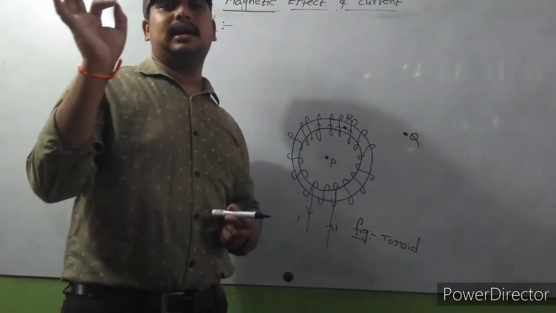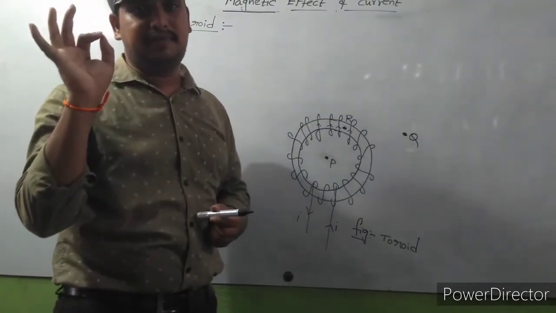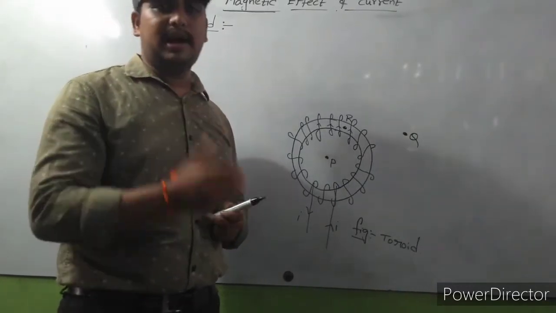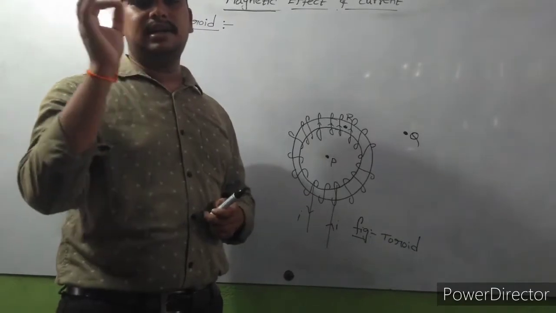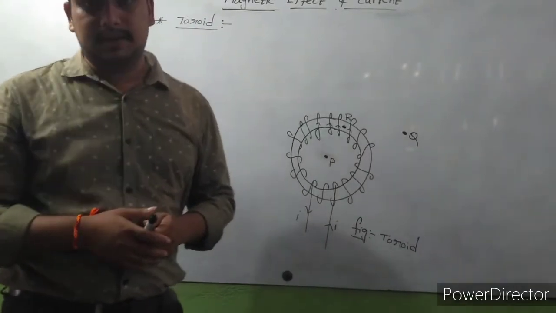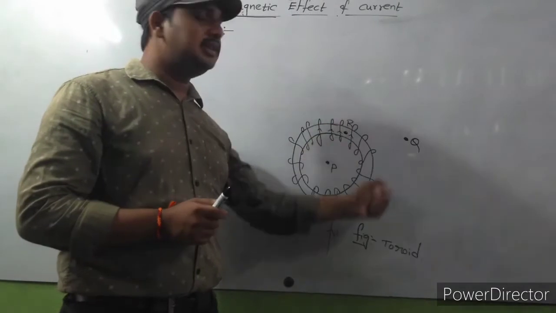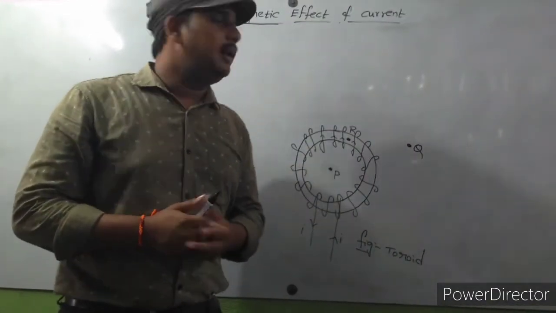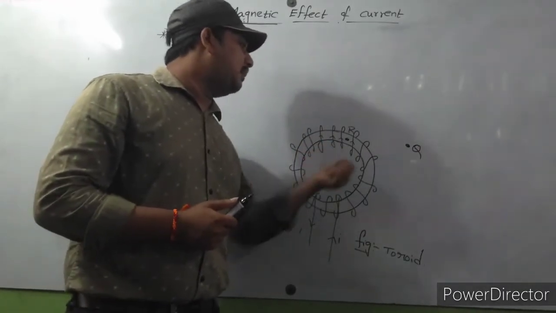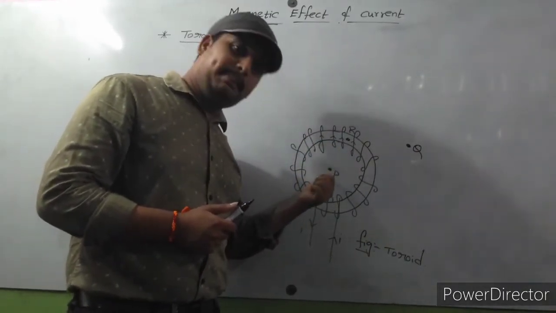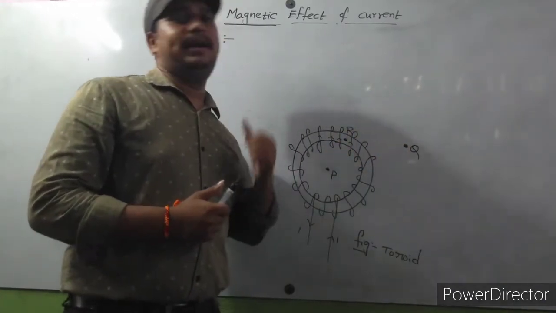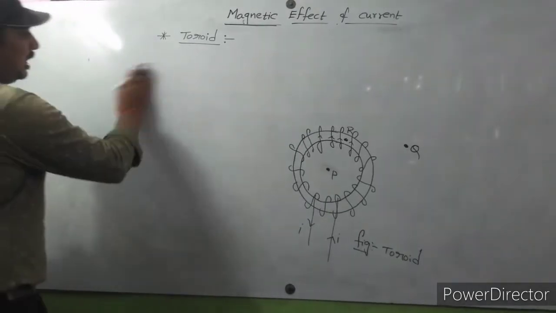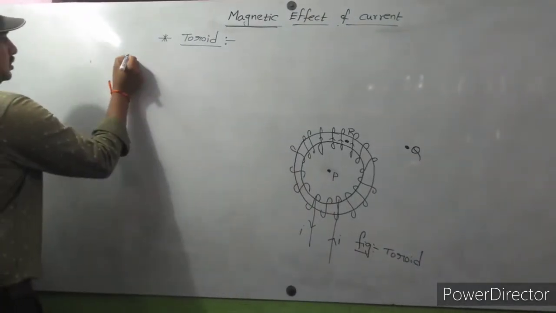A current carrying conductor produces a magnetic field according to Oersted. You know already Oersted's statement: every current carrying conductor produces a magnetic field. So here some current is passing through the conductor, definitely it will produce magnetic field lines. That magnetic field will be acting on point P, point Q and point R. So we need to find it at each and every point. First of all, I am dealing with point P. So case 1.